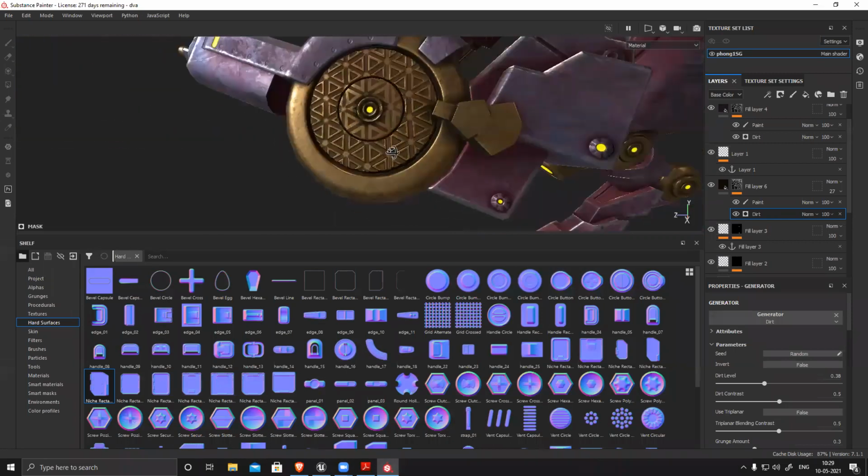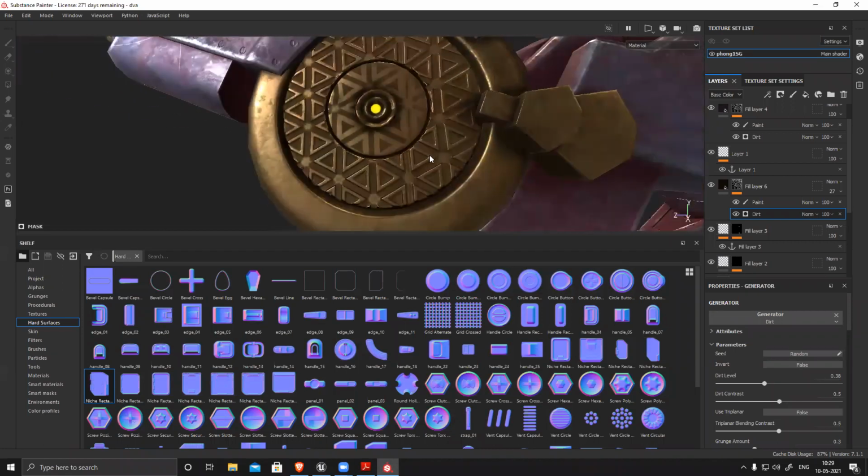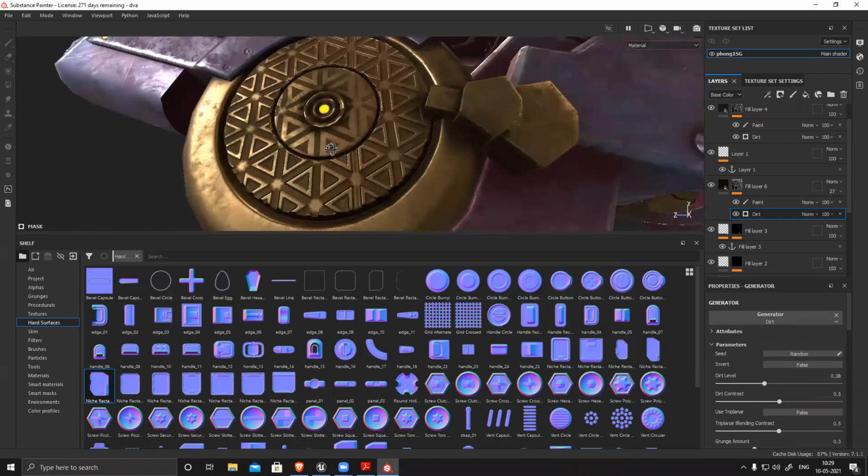without any information of dirt. So this part also I have to remove.